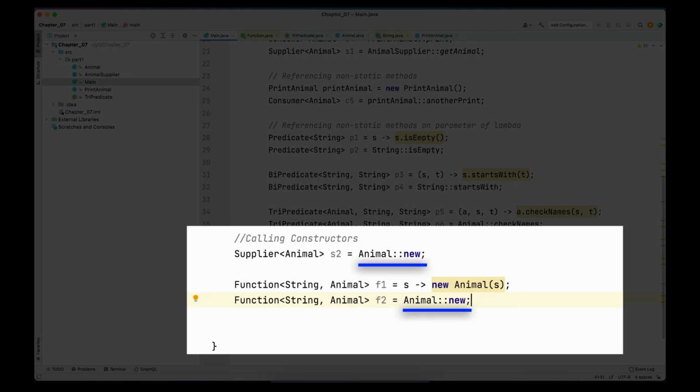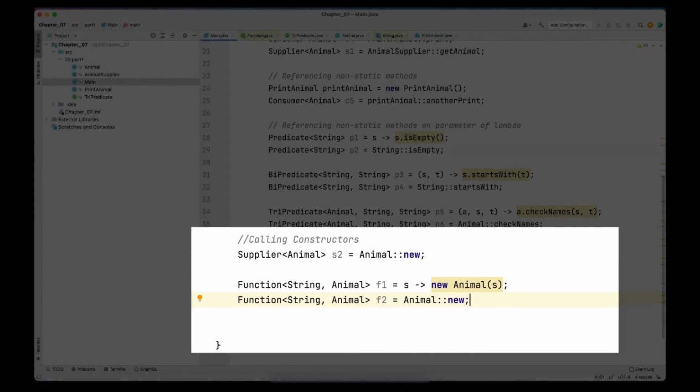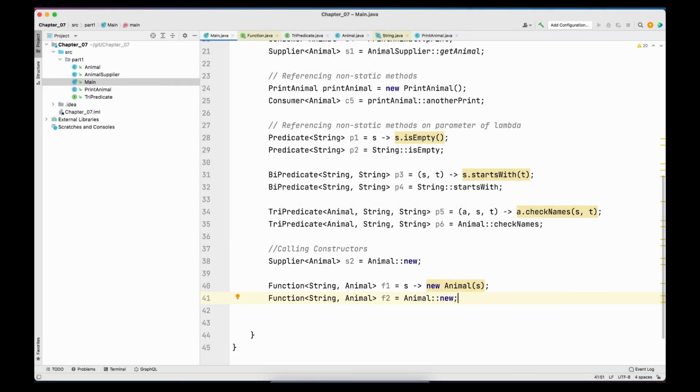So as you see here, just by looking at the method reference, you are not able to identify which exact method or which exact constructor will be called. So it is very important to know the context around the method reference, and that is how Java pinpoints what method or constructor needs to be called, and that is how as a developer you would know which exact constructor or method is being called if you know the surrounding context of the method reference.